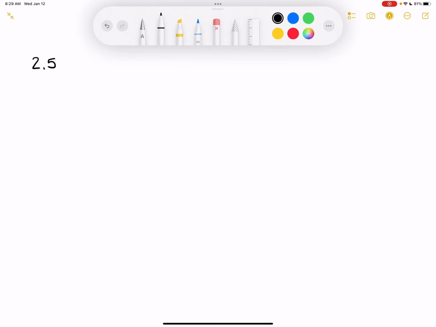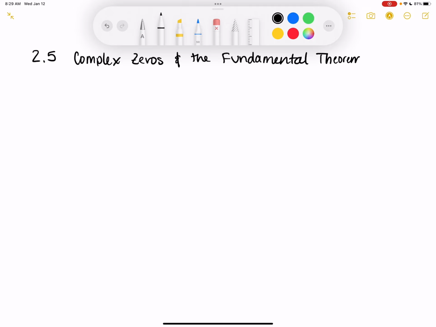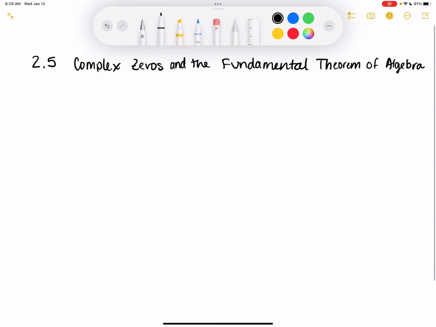All right, 2.5, complex zeros, and the fundamental theorem of algebra. All right, so the fundamental theorem of algebra